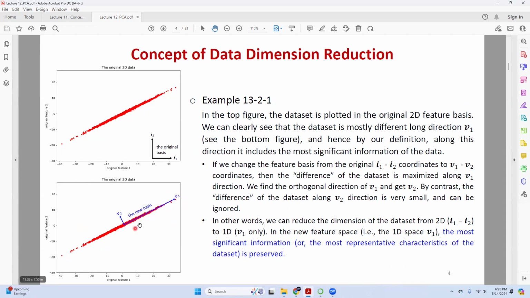And since the difference is so big, I may even consider ignoring dimension V2, so that I will project the whole data on only one axis, which is V1. And this is possible. This is also the meaning of PCA, as we'll see later: I will project everything onto V1, and then reduce the data from 2D data to 1D data.